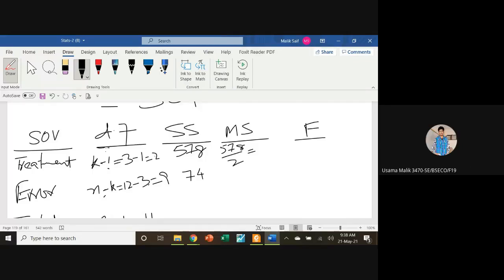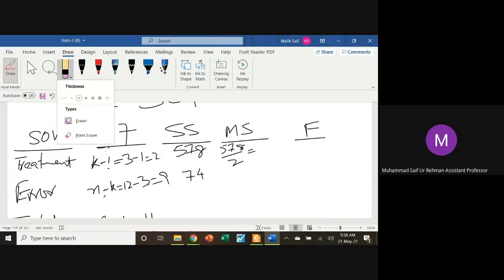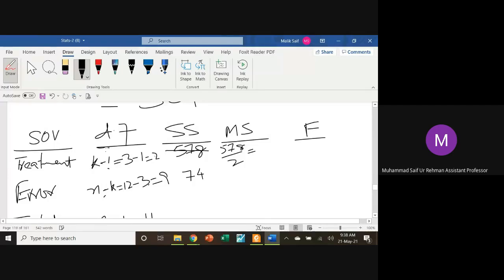Sir, wrong. RSS was not 504? Yes, that was 504. This 578 was TSS. You're right. Unfortunately, I am unable to rub it, so I am going to do this. So this is 504. So 504 divided by 2. What is the answer? 252. So 252 is your mean square